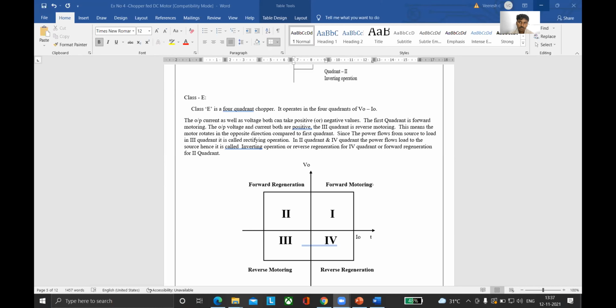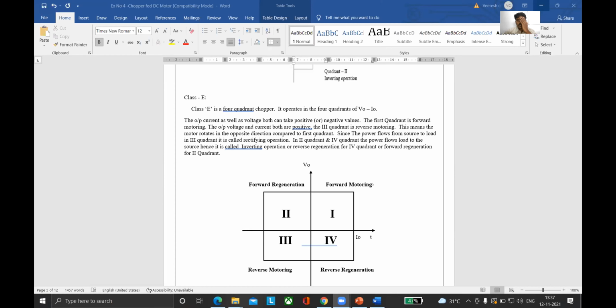So what we are going to do here in the second quadrant is develop the braking torque. How can we develop this braking torque? By flowing the reverse current. Reverse current is nothing but current is negative. Current is negative means torque is also negative. Torque is negative means it will operate as a generator, meaning the power flows from load to source. Clear? So that is the second quadrant.